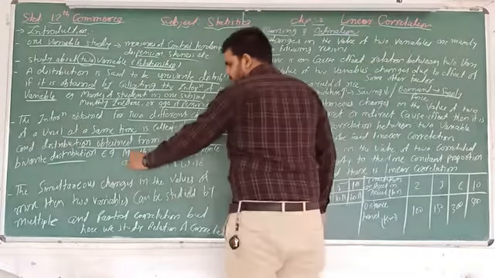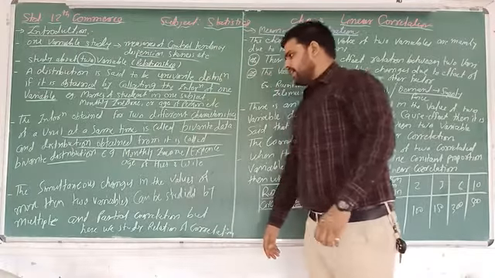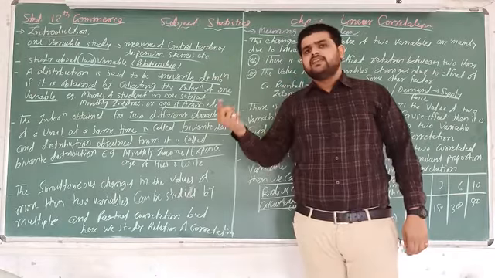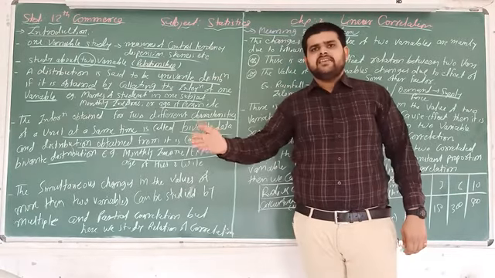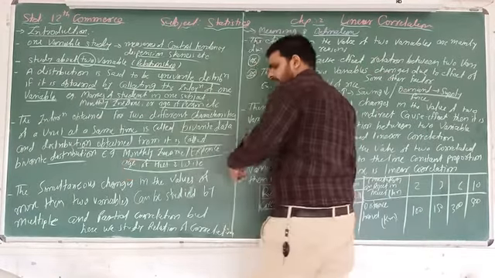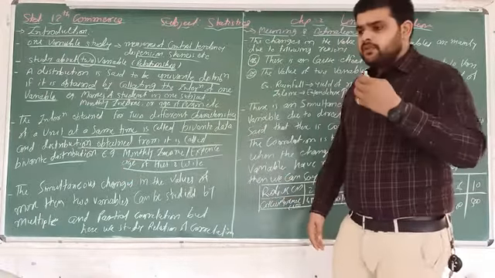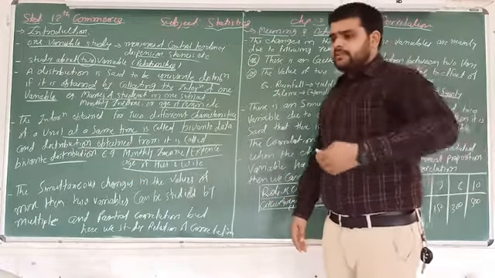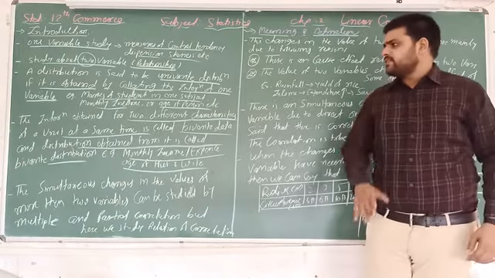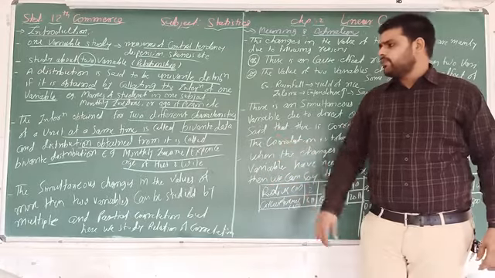Again, here are some examples. For example, monthly income and expenditure: monthly income is one variable, expenditure is another variable. Second, monthly income and saving, two variables. Third, age of husband and wife, again two variables. In a particular school, the height and weight of a student: height is one variable, weight is the second variable. So when we get two types of characteristics at the same time, that is called a bivariate distribution or two-variable distribution.